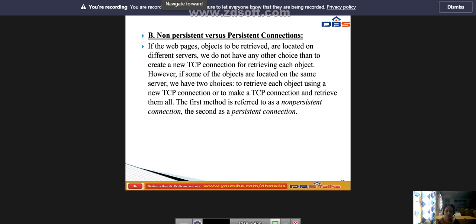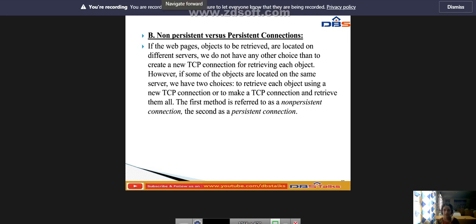If some of the objects are located on the same server, we have two choices: to retrieve each object using a new TCP connection, or to make one TCP connection and retrieve them all. The first method is referred to as a non-persistent connection, the second as a persistent connection.